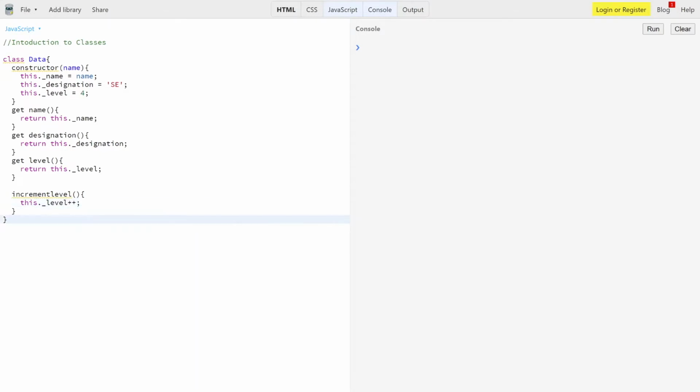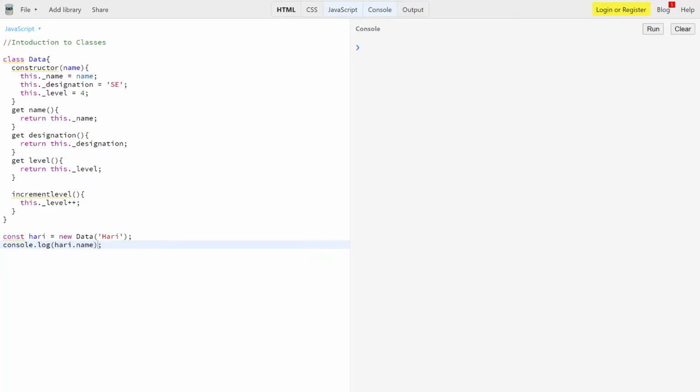So say I'm creating one instance of this class. I'm creating one instance as const hari equal to new Data, and I'm passing the name as Hari over here. So let's check. Then we have console.log over here, with hari dot name.